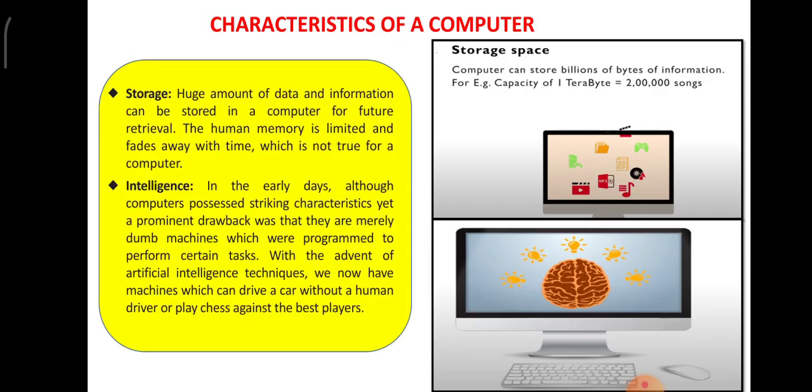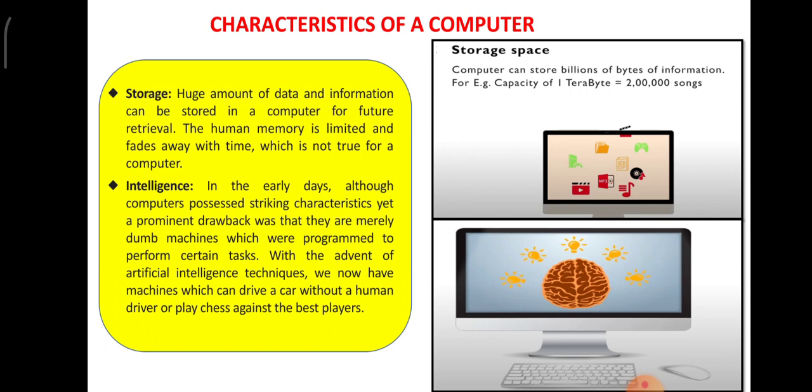But through artificial intelligence, say for example, this is the COVID-19 period. During this time you can see a lot of robots carrying food and medicines to the patients. So artificial intelligence is already given. Based on the instruction given by the doctor and the medical team, that particular robot will perform. And the second example given here is driving a car without a human driver.